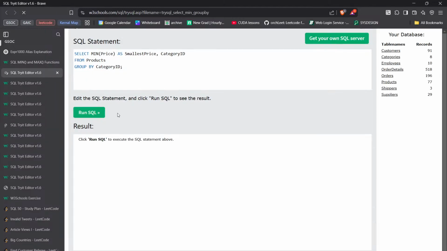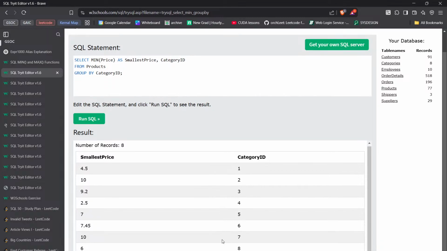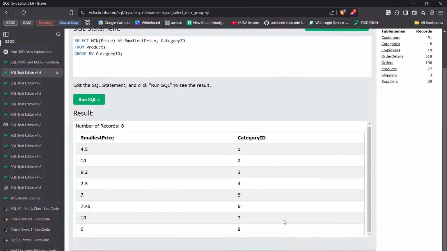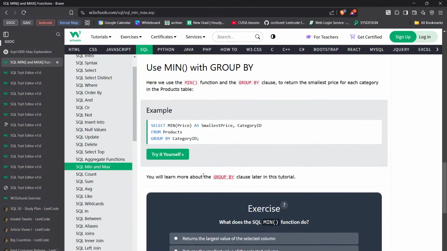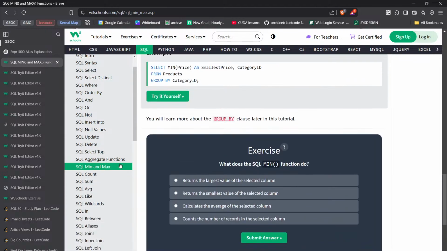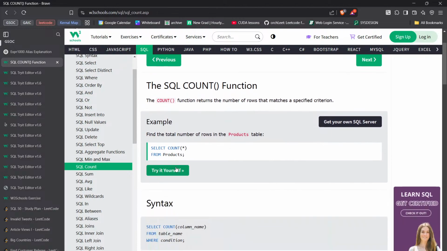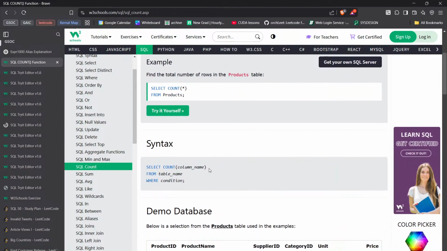What happens by group by? Group by category ID. Smallest bytes. Group by is, you learn about group by clause later in this tutorial. Okay. Not my problem right now. Count. Select count star from products. So it will count all the